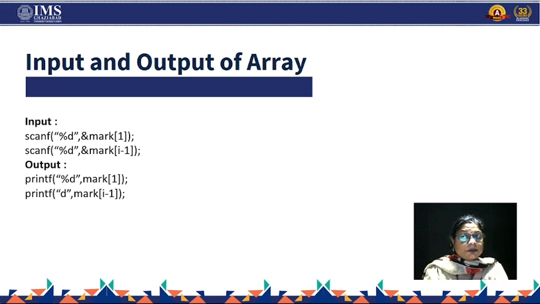Now printf %d, if it is of integer type, then the array name with the subscript number or the index number is going to give me the output of the desired array variable. Similarly, if I consists of 4, so in the case of the second case, 4 minus 1 means it is going to display the value of the array element of the third